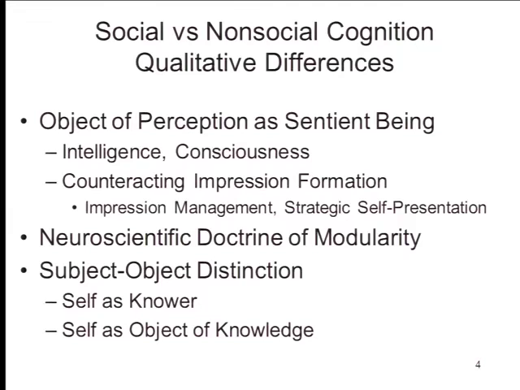In non-social cognition, that distinction is very clear. There's a subject who perceives or remembers an event, and there's an object which is perceived or remembered. I'm here, that's a podium, that's my notes, that's my computer, that's you, whatever. There's a distinction here. But in social cognition, we've got this interesting case where the self is both the knower and the object of knowledge, which is to say, I don't just have knowledge about you guys, I have knowledge about myself. And that's quite different from what you see in the non-social case.